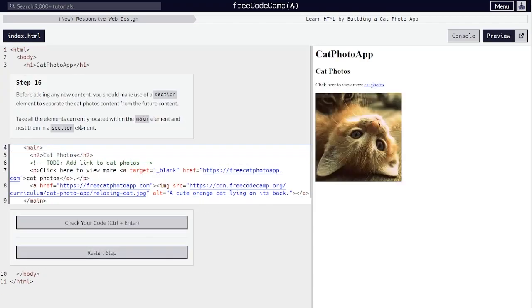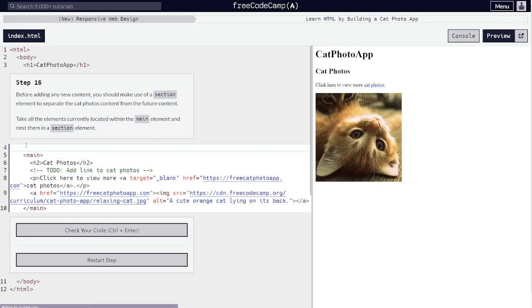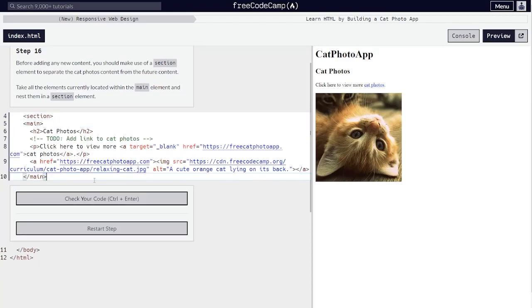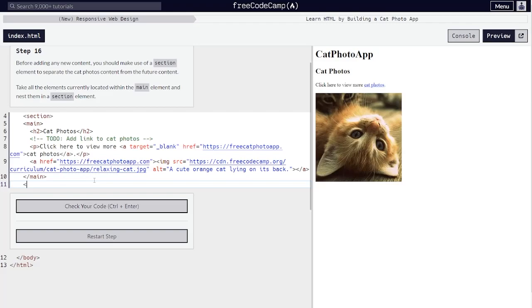Alright, we're on challenge 16. I think we'll go to 20. Before adding any new content, you should make use of a section element to separate the cat photos content from the future content. Take all the elements that are currently located within the main element and nest them in a section element. Alright, so then section element like so, and then section